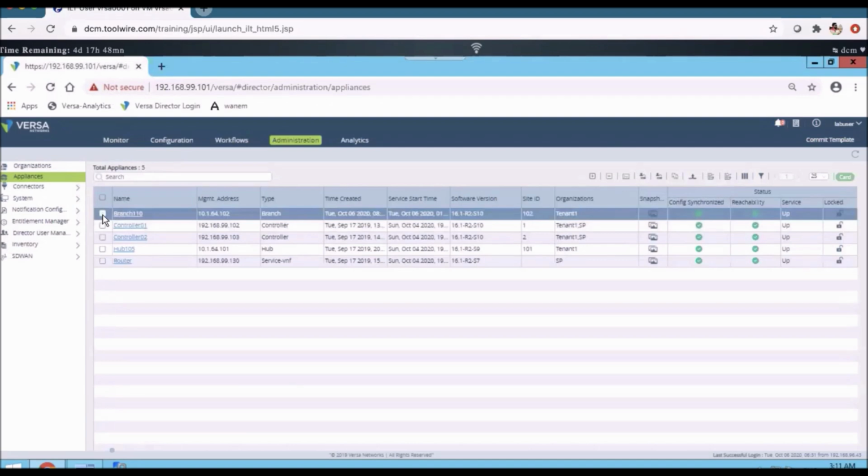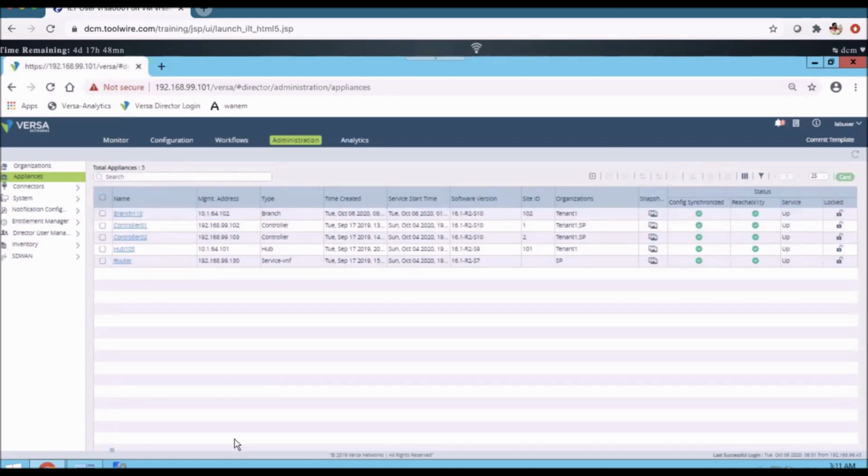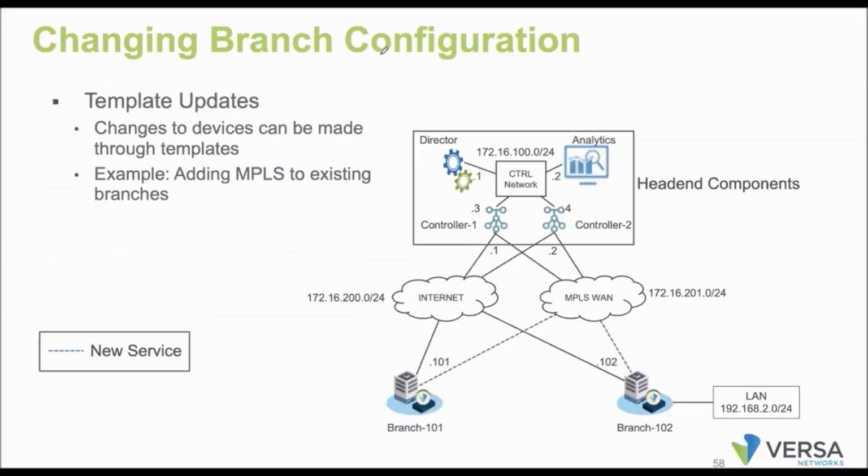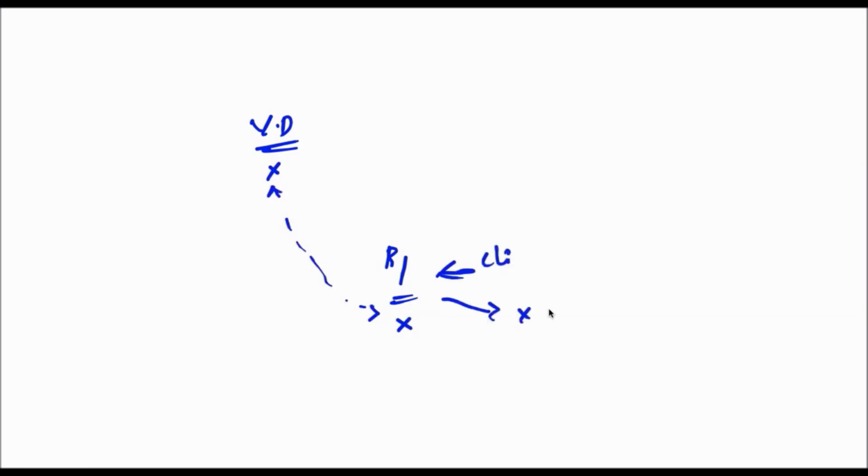No issue. For example, we have a current configuration in the device, X, and the director is Y. When we sync from the device to the director, the configuration becomes X on both. The config is in sync between these two. Now some admin has taken CLI access to this branch and made the changes to X plus Y. If I go to the director, definitely the config is not synced between the director and the branch. How do you try to solve this problem?